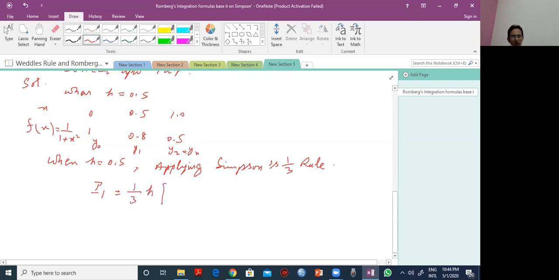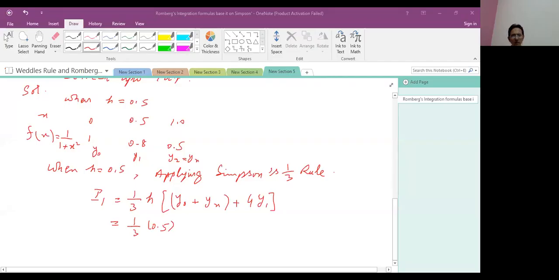In the next step we put y0 plus yn plus 4 times y1 because it is an odd value. So now, student, y0 plus yn means